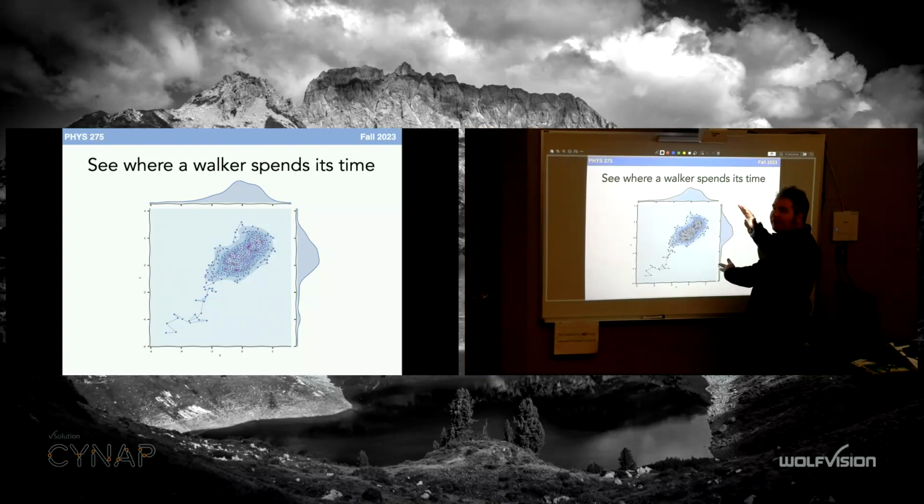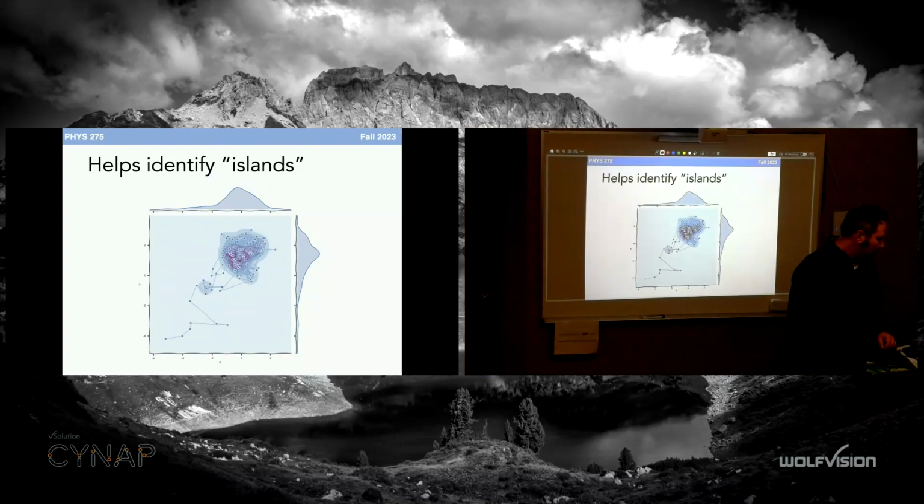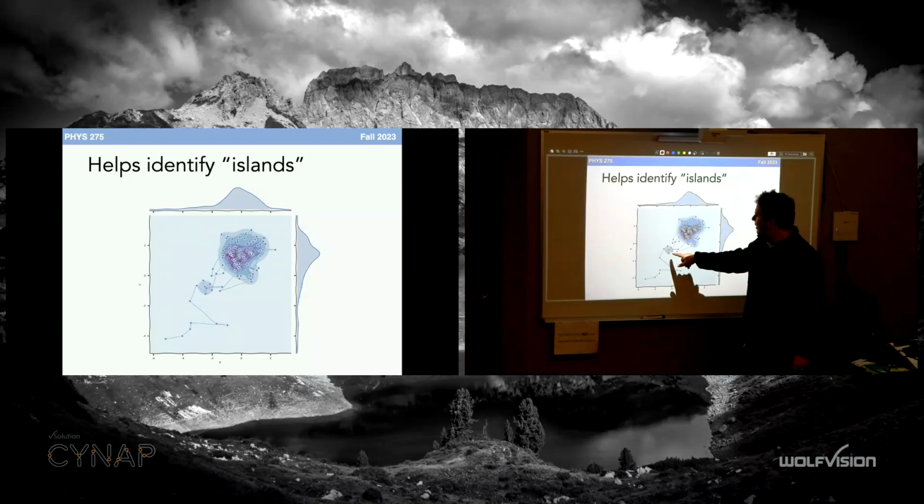And it doesn't have to be symmetric. This can be any wonky shape. So especially if these are two parameters from many parameters, then you end up with these kind of donut, well, not donut, but like kidney-shaped things or even weirder. It helps identify these little islands. Like, it spends a little bit of time here, but it doesn't actually show. It shows up as a slight tail. But it spends some time here.